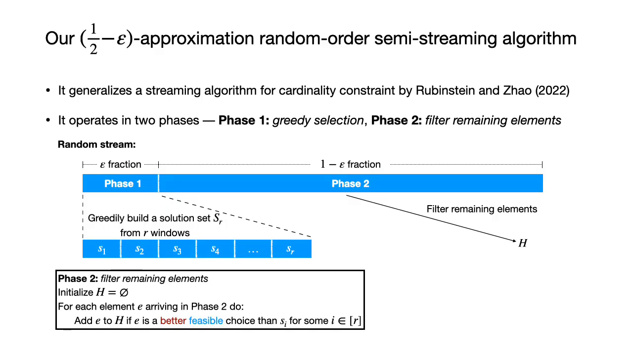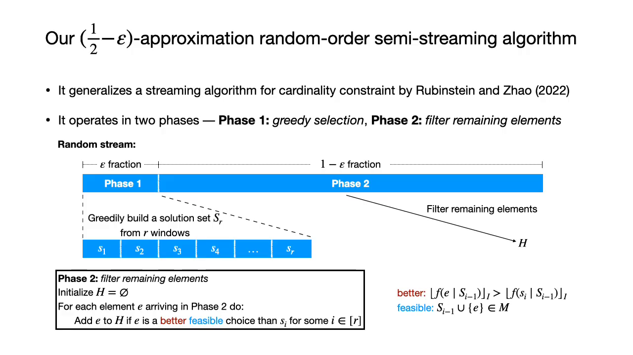Specifically, for each element E arriving in the second phase, we add E to H if E is a better feasible choice than some element Si chosen in the first phase. Here, better means that E should have a strictly higher marginal contribution to the first i-1 elements chosen in the first phase compared to element Si. And feasible means the union of the first i-1 elements chosen in the first phase and element E should still